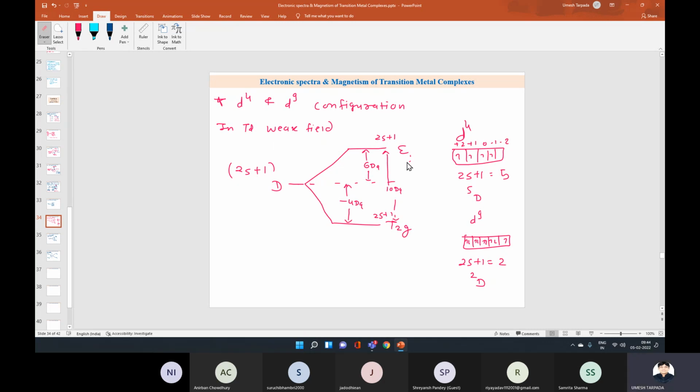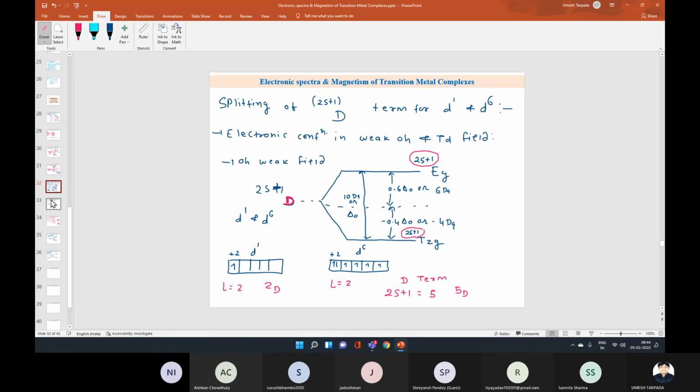D1 और D6 के लिए कौन सा स्प्लिटिंग होगा? जो नॉर्मल होगा, वो जो हमने नॉर्मल ऑक्टाहेड्रल स्प्लिटिंग लिखा था, वही स्प्लिटिंग इसमें आएगा D1 और D6 में। इसमें मल्टीप्लिसिटी तो डिफरेंट है ही, बट टर्म D है। D4 और D9 का डायग्राम जो है, उसमें स्प्लिटिंग पूरा चेंज हो जाएगा।